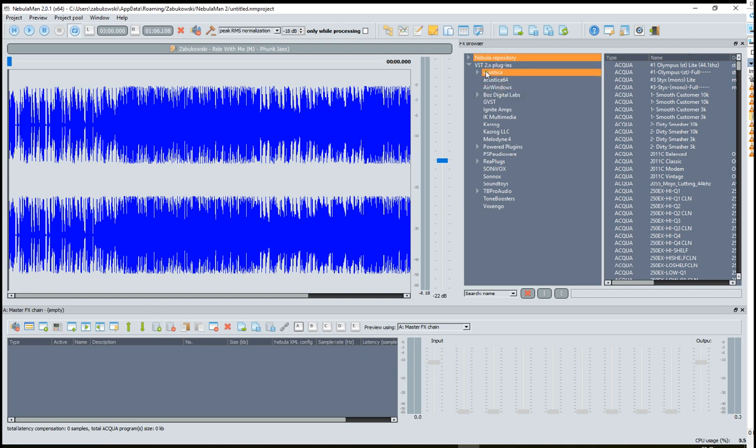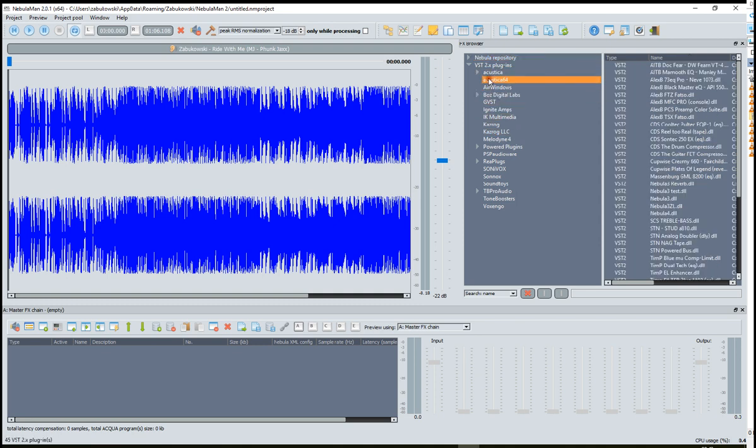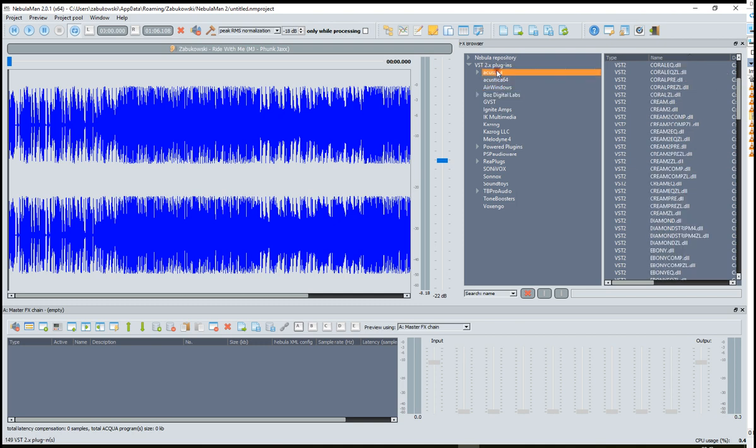stuff is that you can go just here in your FX browser, select, let's say, one of the plugins which we want to load. These are like inserts. The FX chain dock has inserts for your master bus. We could say that, because also